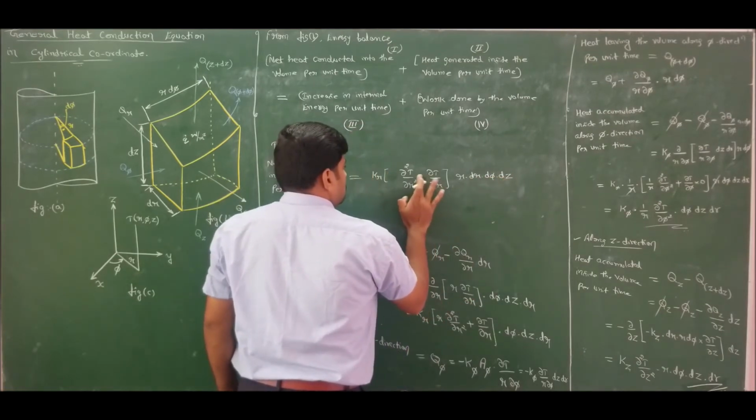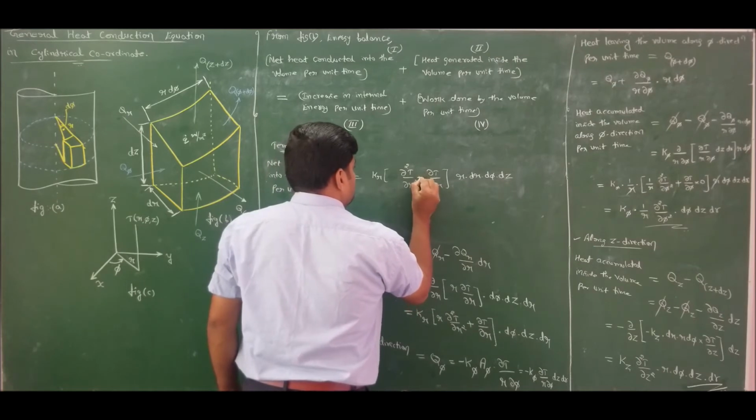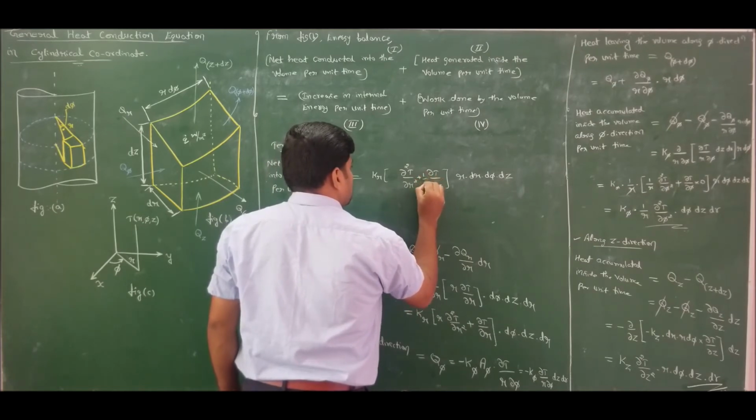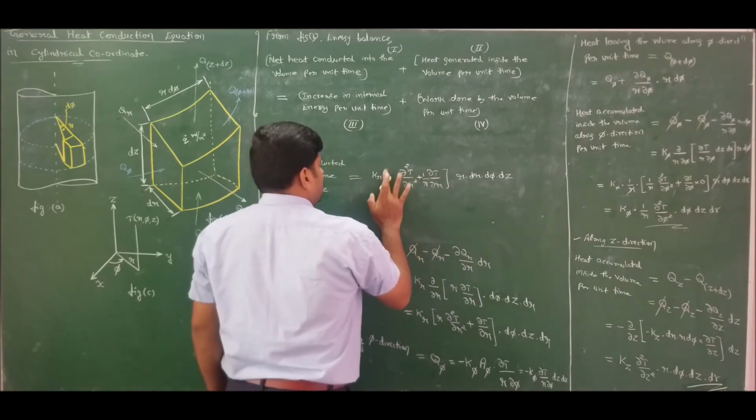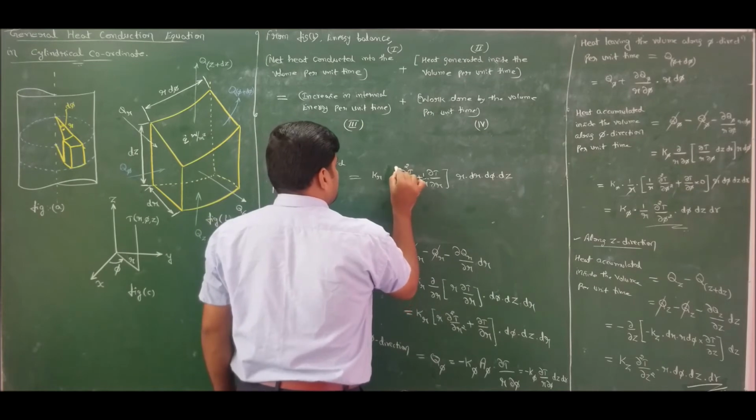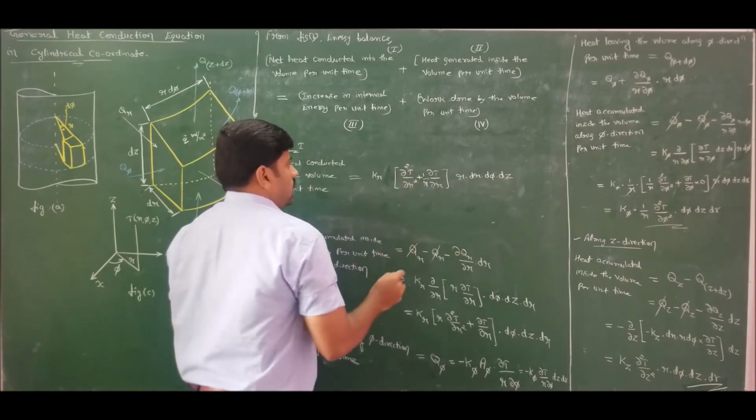If I do so, this will be multiplied by 1 by r. It is dou square t by dou r square plus 1 by r dou t by dou r,